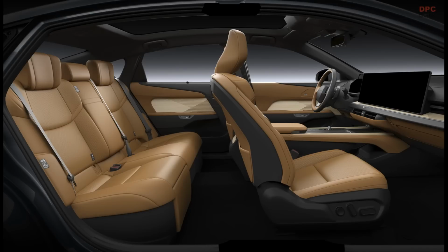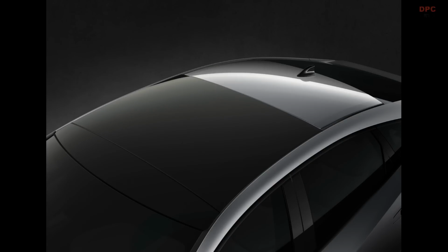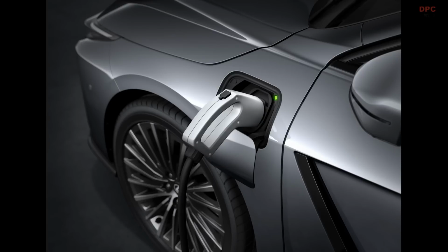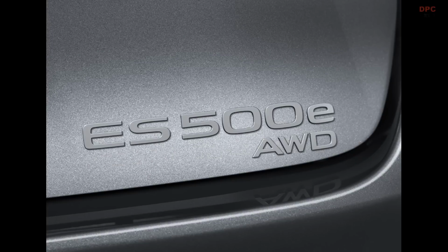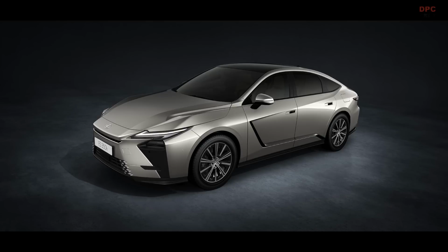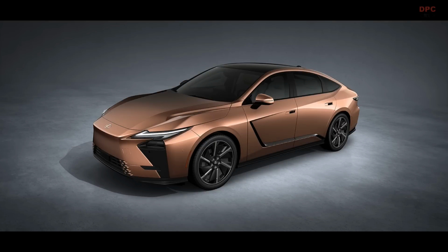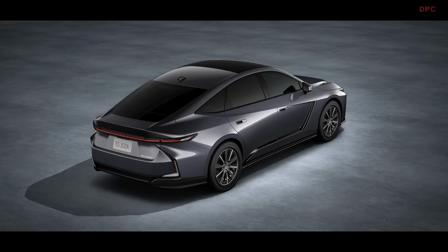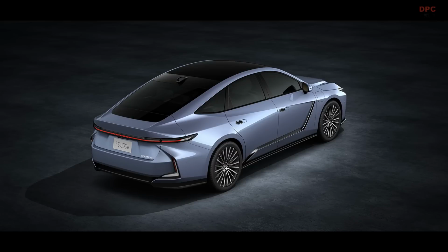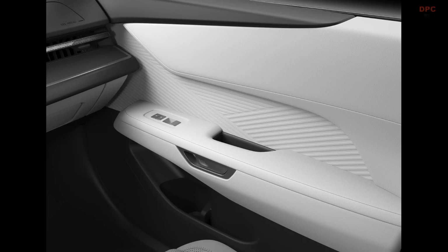Under the hood, the ES comes with 2 hybrid powertrains based on 2.0-liter and 2.5-liter engines. The 2.0-liter hybrid makes 194 horsepower and is front-wheel drive only, but it will not be offered in the United States. The 2.5-liter ES350H delivers 244 horsepower and gives buyers a choice between front and all-wheel drive. Acceleration ranges from 9.4 seconds to reach 62 miles per hour for the base hybrid, down to 7.8 seconds for